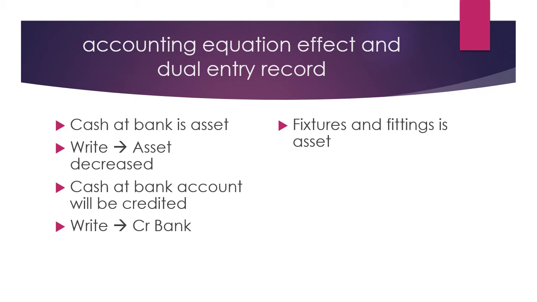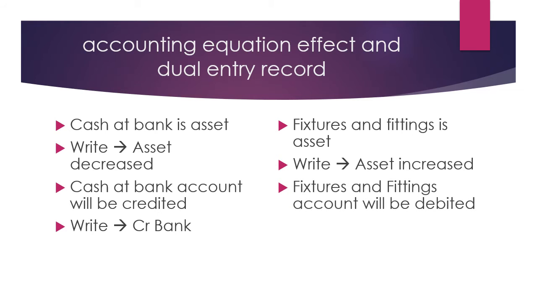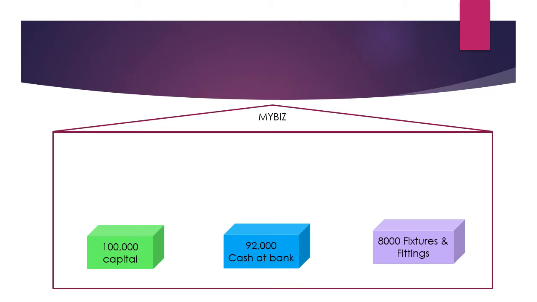Fixtures and fittings is also an asset. However, when the owner bought the fixtures and fittings, the asset has increased. So when you look into the table of the other clear formula, you will see that whenever an asset increases, you need to debit the particular account. So the fixtures and fittings account will be debited, and you will write